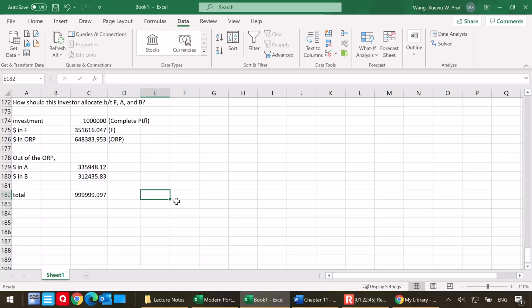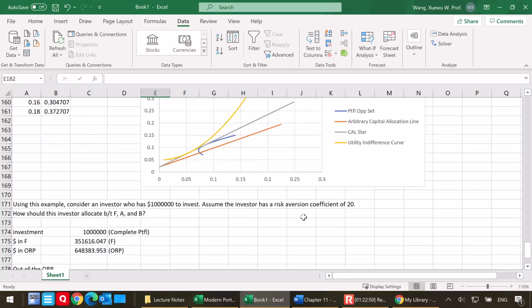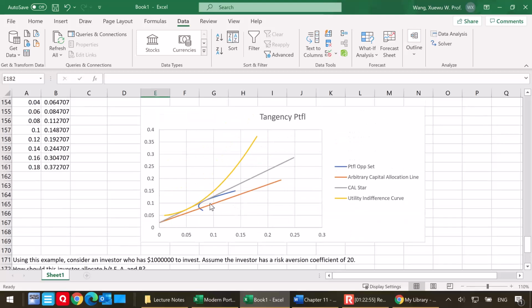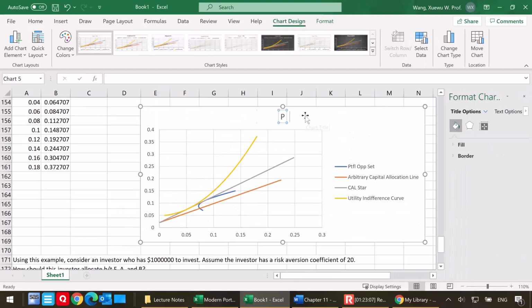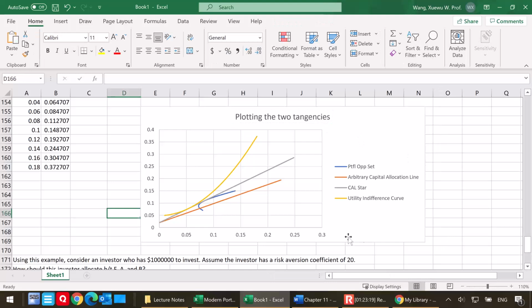All right, so this completes the discussion for modern portfolio theory. I understand that there's a lot for you to take in, but if you can plot these two tangencies, then your understanding is really rock solid. Okay, and that's the beauty of doing everything in Excel. All right, so that concludes my discussion for modern portfolio theory, and this is also